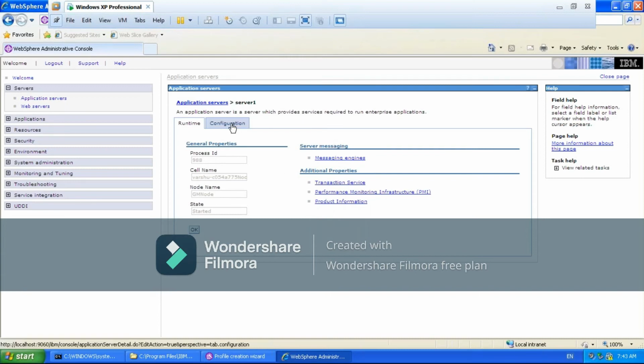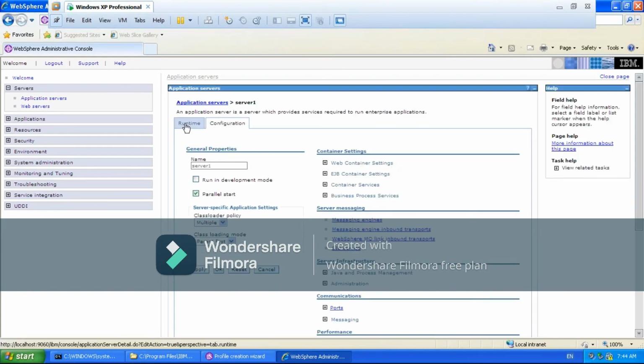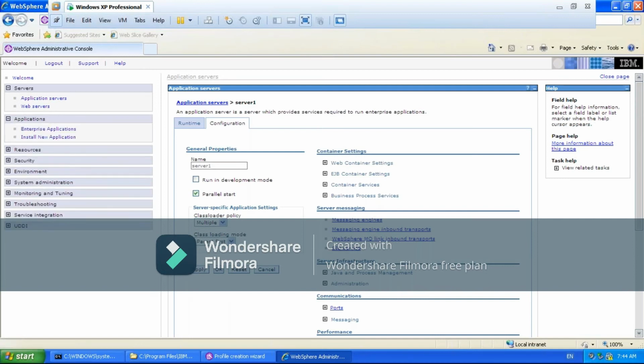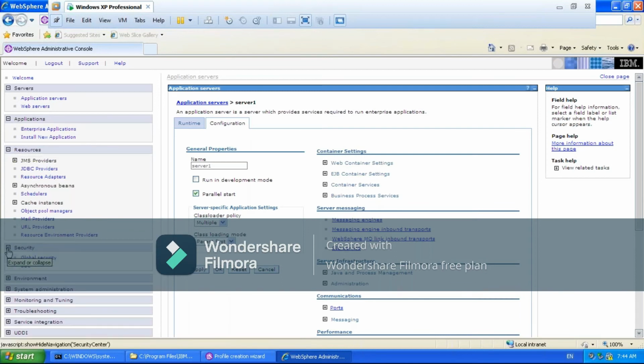So generally, when you click on this, you will see only these configurations displayed, and beside it there will be a runtime. If you click on this, you can see the process ID. And somebody said something somewhere, log or something. If you click on the applications, please, everyone, go through each and everything of this one and do the entire R&D. And if you have any doubts, we'll discuss it later.